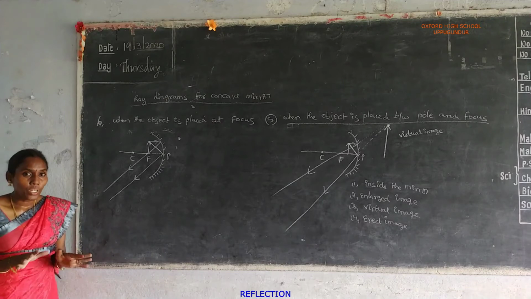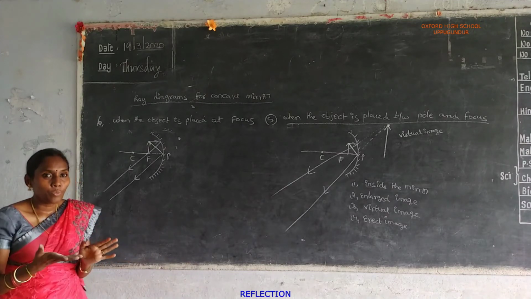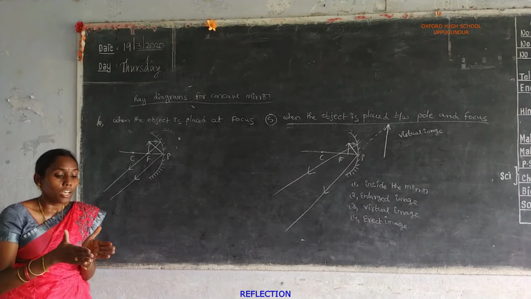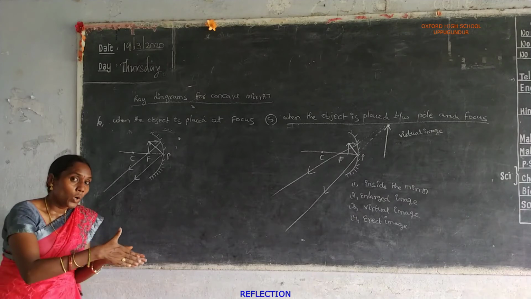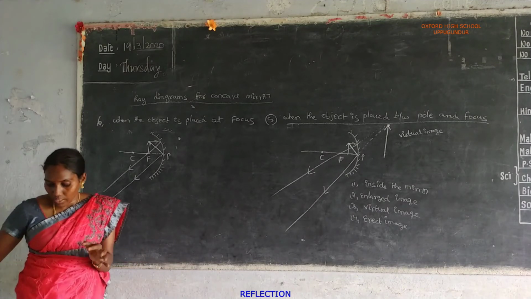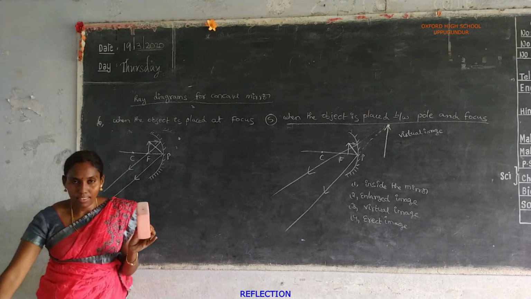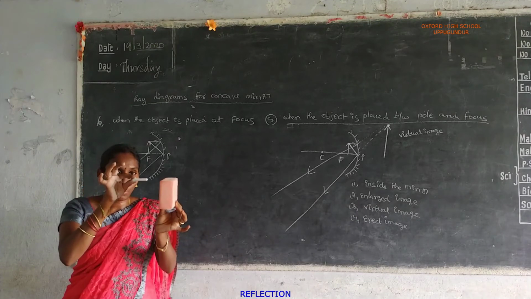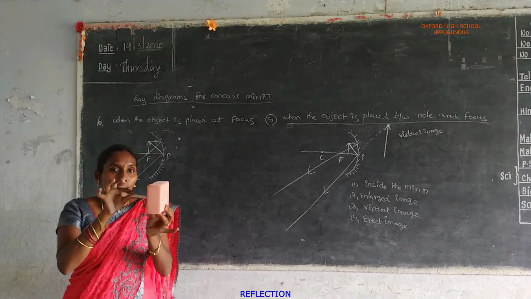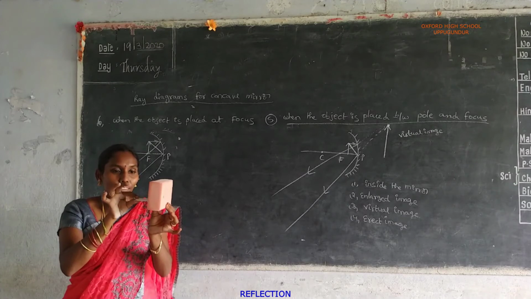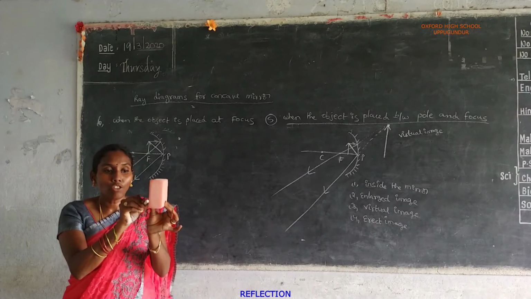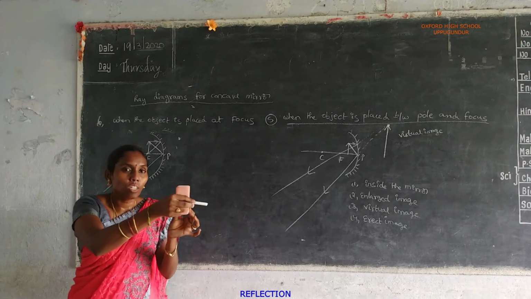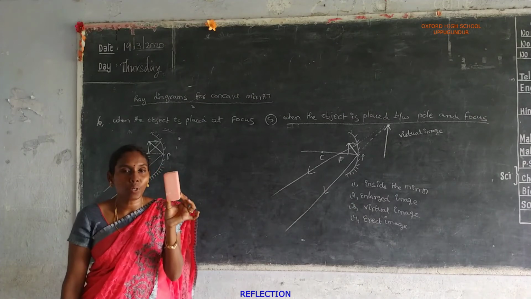The main importance of the light ray is if any obstacle or any object is kept in the path of the light rays, the light ray should bend along the edges of the object. For example, this is the object, amma, and this is the light ray. When the light ray is traveling along its path, the object should be kept in the path of the light ray. The light ray bends towards its edges, and moves in a straight line path. That is the main importance of the light.